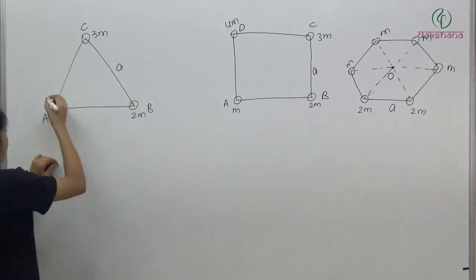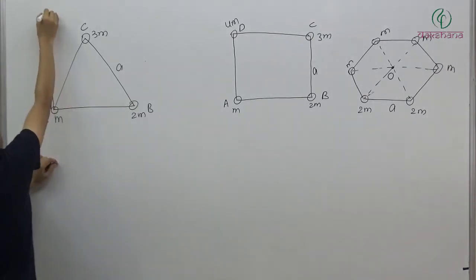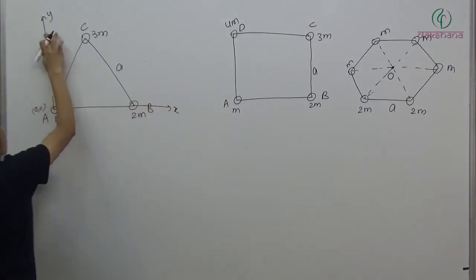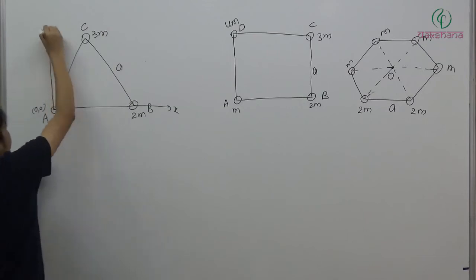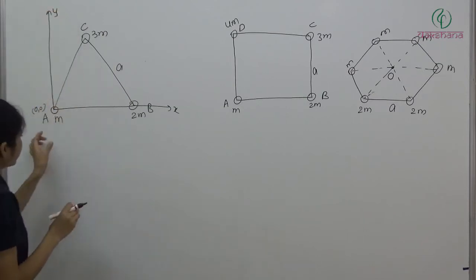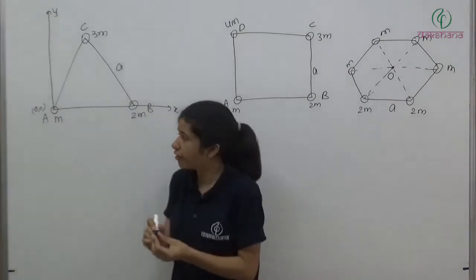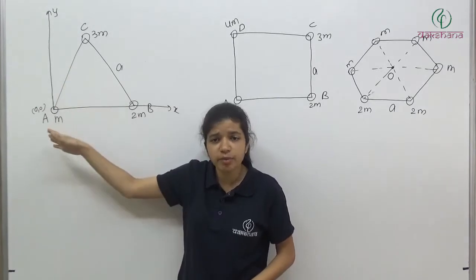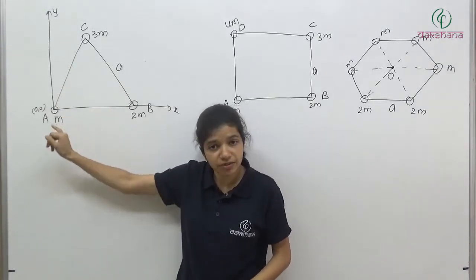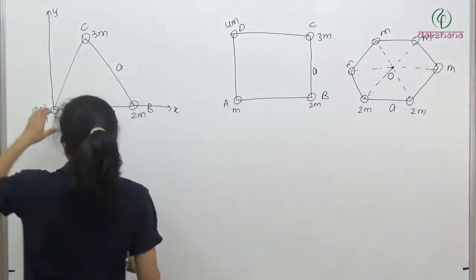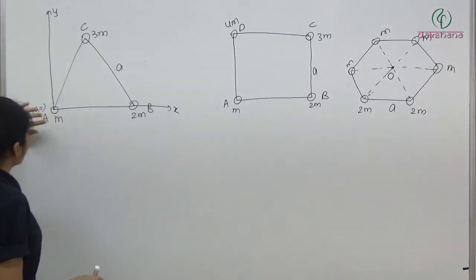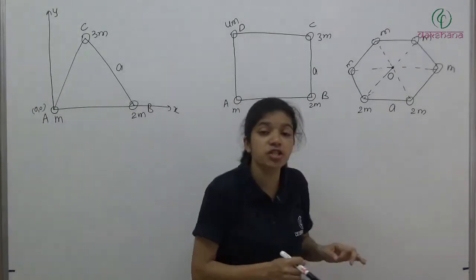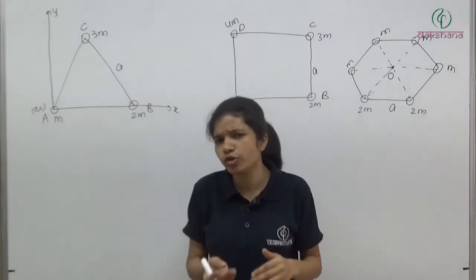So now here what I will do, I will take this as Y, this is X, and this is the origin. Clear? So I am taking A as origin, and definitely I have to find out the location of center of mass from A. So whatever will be the coordinate of center of mass, that will be the distance of center of mass from vertex A. So it will be simple if we take this as origin. And what one more advantage do we get? That the coordinates of A are 0, 0. So now my calculation will get reduced by a little amount.